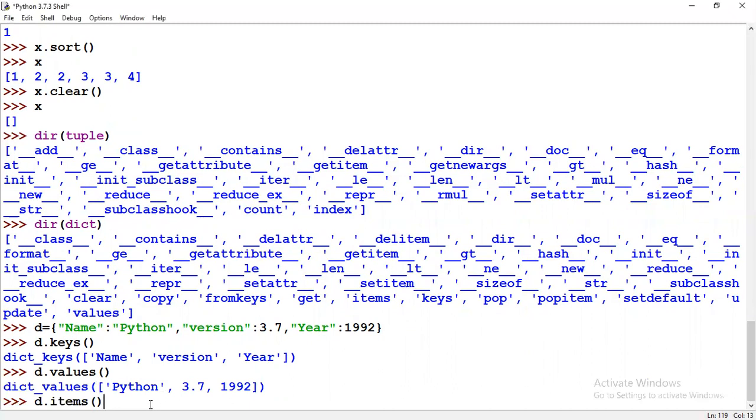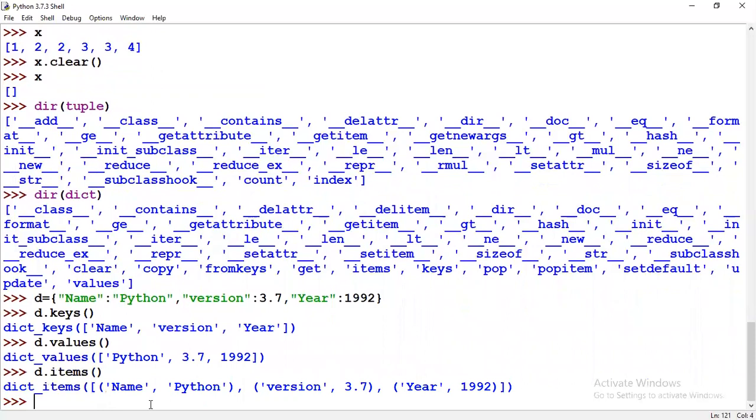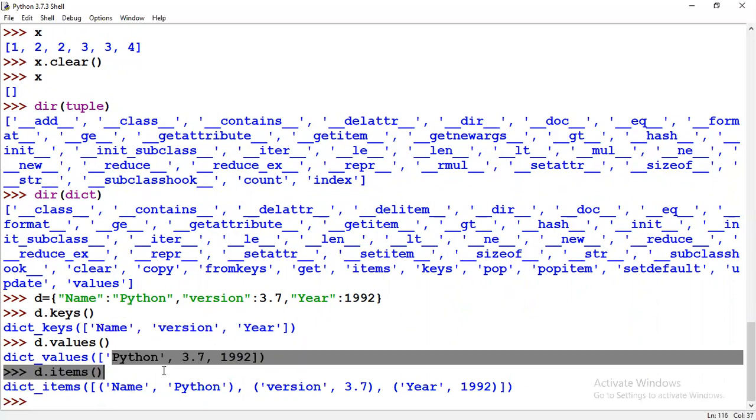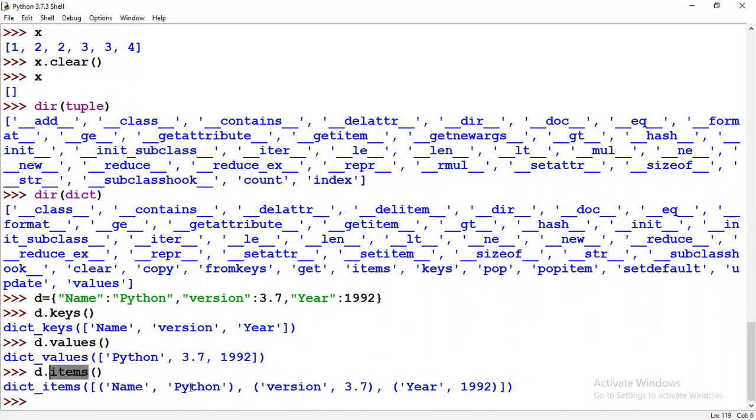It will give key name comma key value, key name comma key value, like this. So keys means extracting only the keys, values means extracting only the values, and items means key name, key value pairs. Okay, let's go ahead with the dictionary. Dictionary is actually the easiest way to handle. Kindly observe the dictionary.